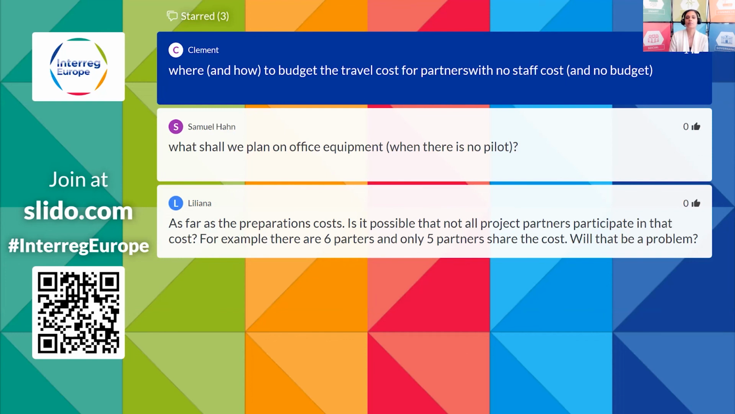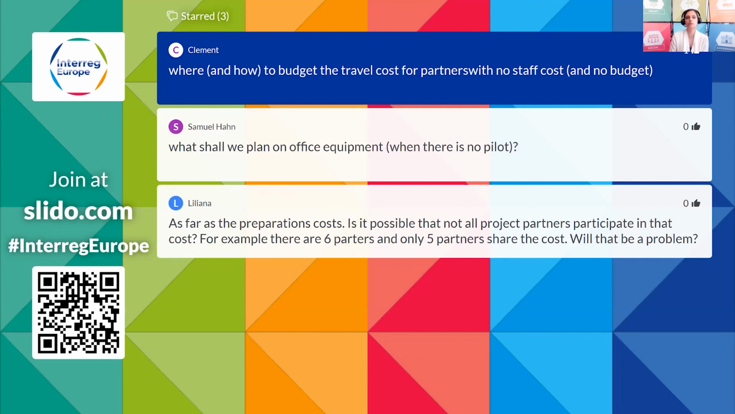But to be honest, this question makes me a bit wonder, because what we expect from partners is to have a staff cost budget all the time, because it's really important that the staff members of the organization are involved in the project activities and are the main recipients of the benefits of the exchange of experience within the project. So when we see a partner with no staff costs, we really wonder what is their commitment